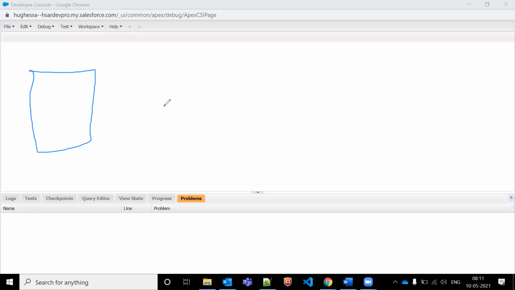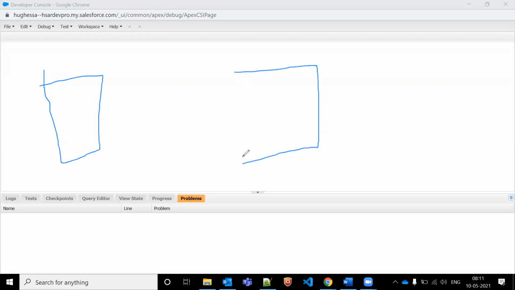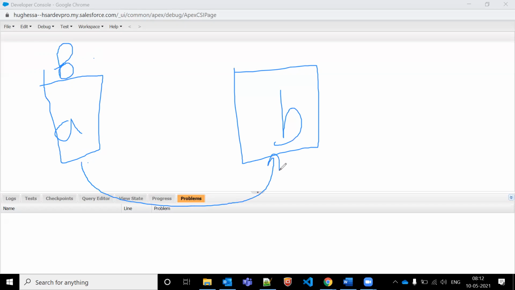Let's say, in simple words, I have two objects, object A and object B. In this object A, I'm writing a trigger. If I'm writing the before trigger, that will work only on a single object. And after trigger will work, let's say, if I'm writing a trigger on object A and then performing some action on B as well. In case of before it means single object, after means two objects.